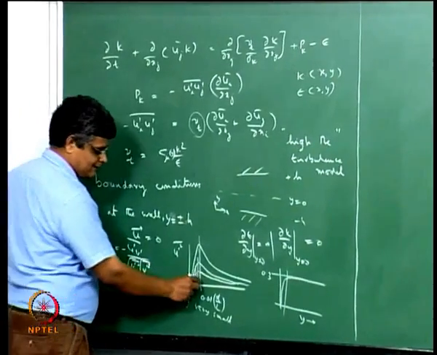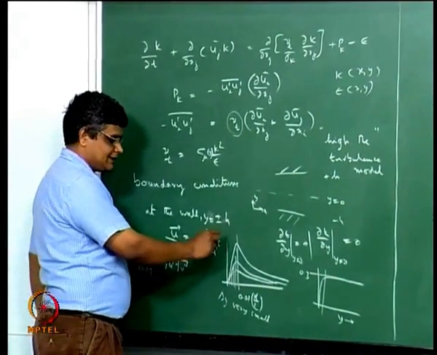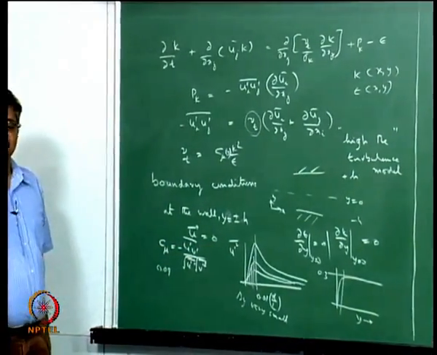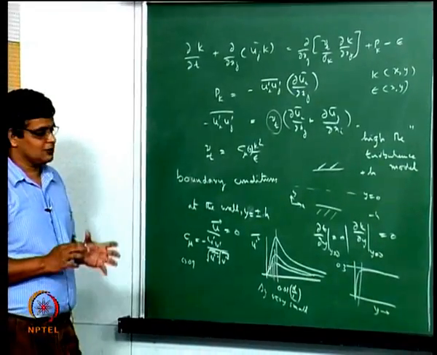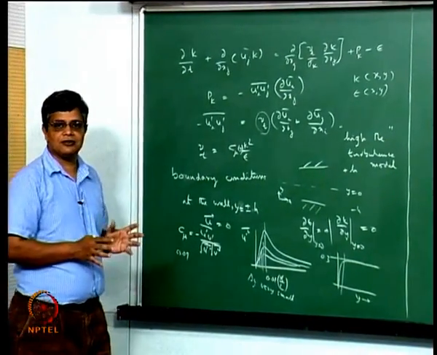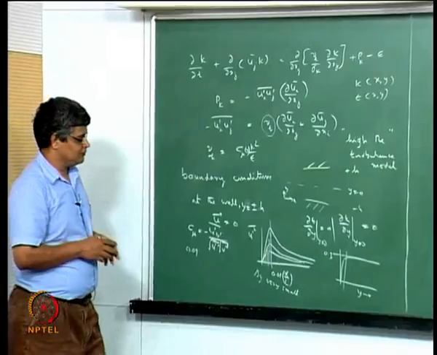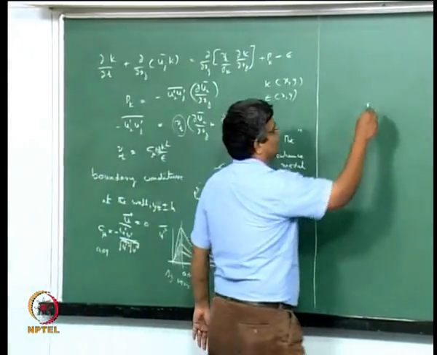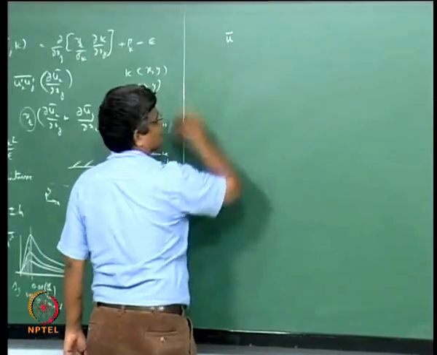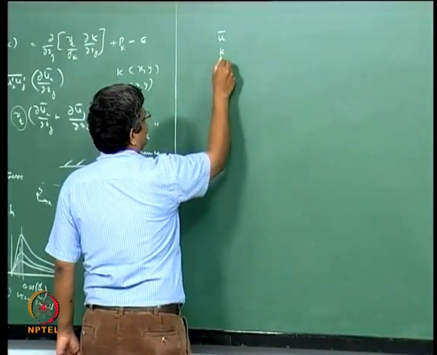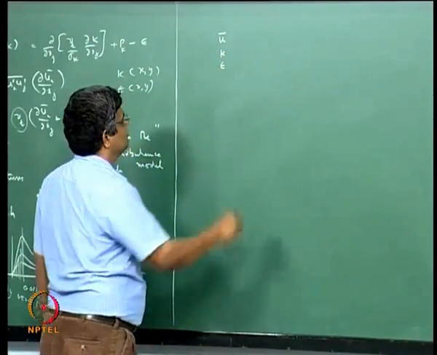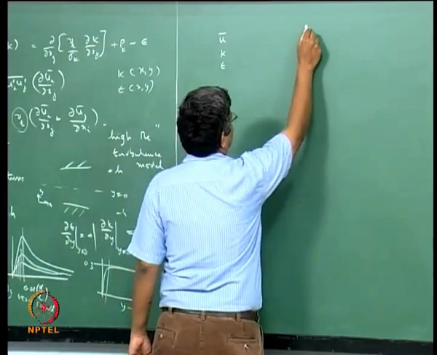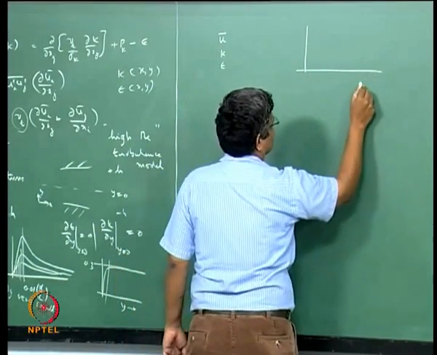Within the small distance the turbulence quantities change very rapidly, but fortunately that change can be expressed in terms of local variables or what are known as inner variables. That means that the variation of the mean velocity, k and epsilon very close to the wall can be expressed in terms of